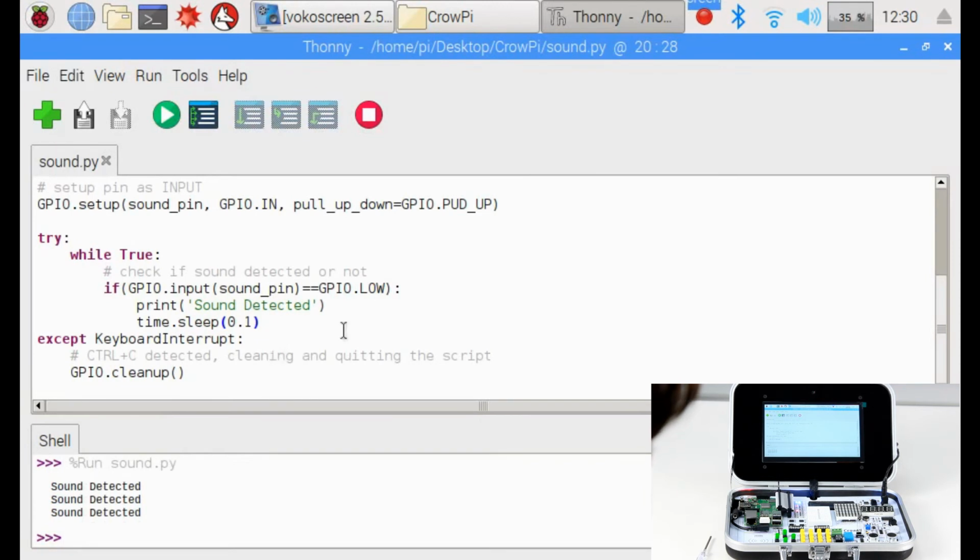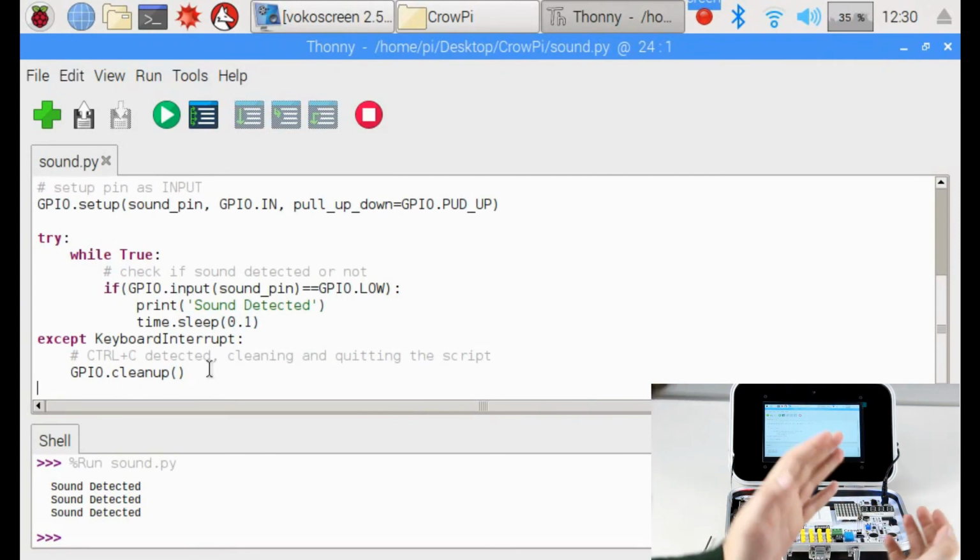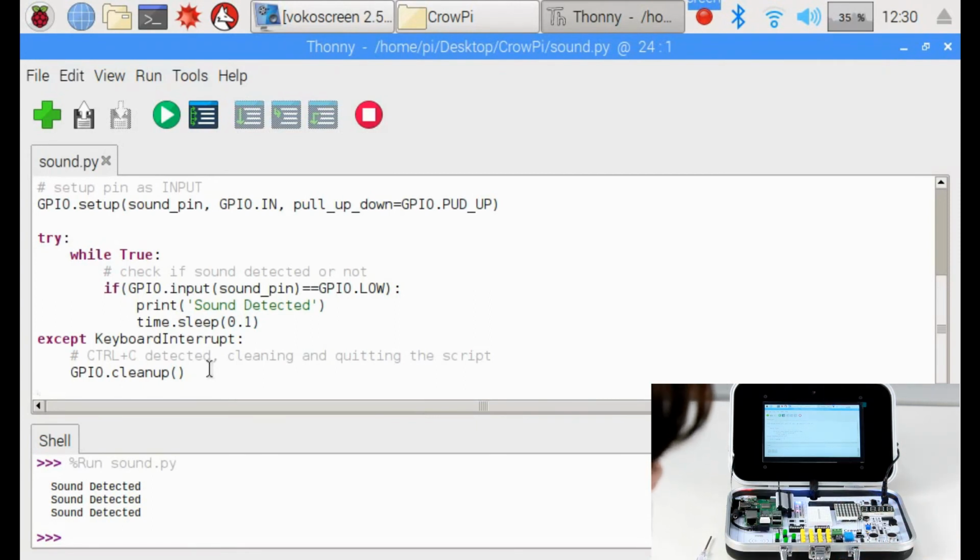What can you do with this? Probably you can control the relay. When you clap once, it will turn on the relay. When you clap twice, it will turn off the relay. You can control the fan or maybe an LED. We hope to see what you can do with this